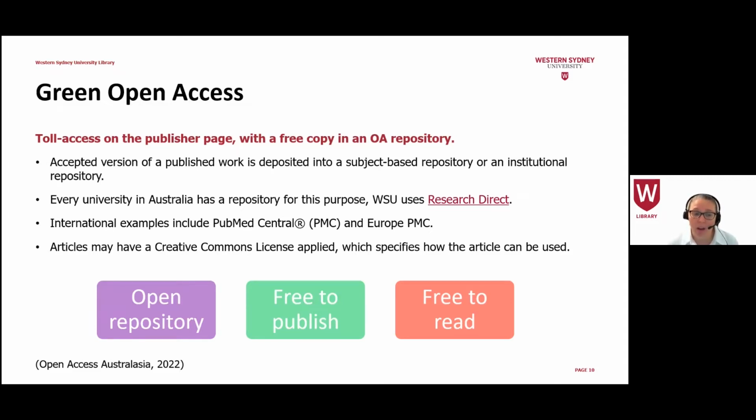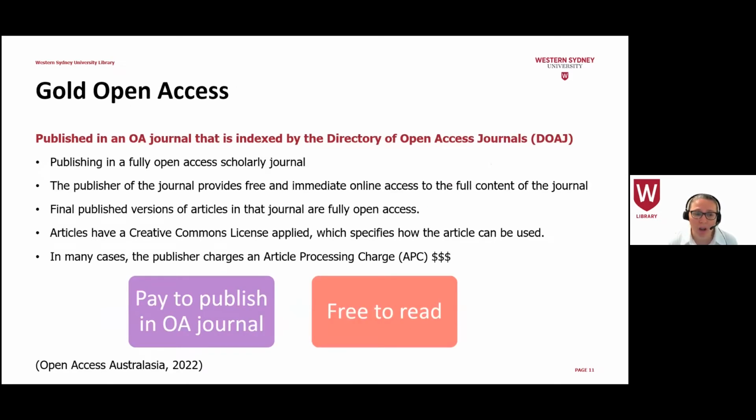Articles might have a Creative Commons license applied, which specifies how the article can be used. So it's an open access article. It's free to publish because it's in the traditional model, and it's also free for the readers to access as well. Gold open access is published in a fully open access journal that is indexed in the directory of open